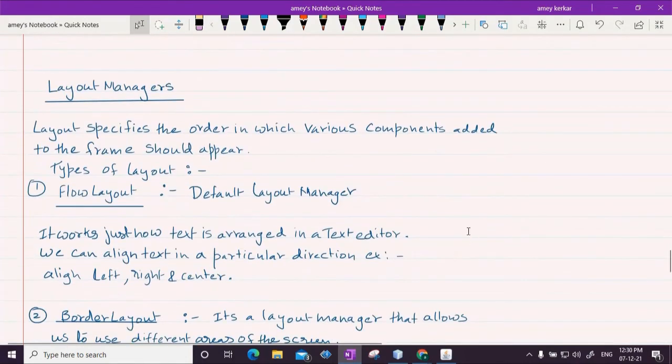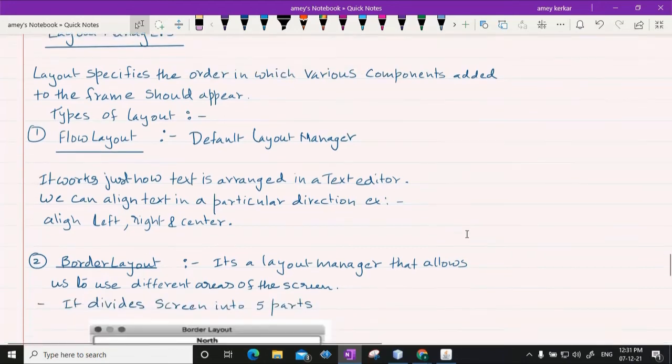Finally, I speak about something called layout managers. In past programs, the moment I used to say frame.setLayout, I used to write null inside. And every time I used to say that I am going to discuss this later on. Layout managers are very important, and I am going to discuss them now. What is a layout manager? A layout manager decides how the different components on your frame will appear. What will be the layout?